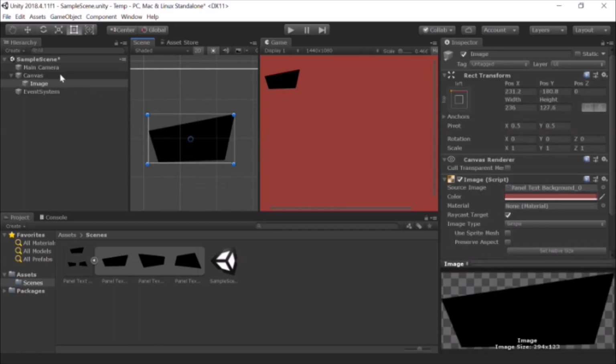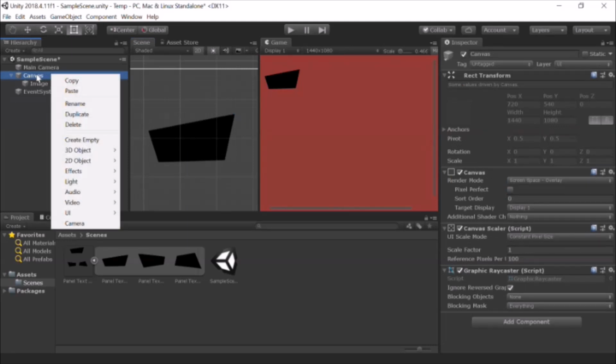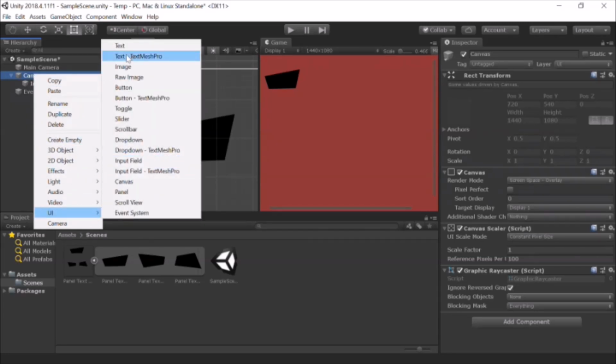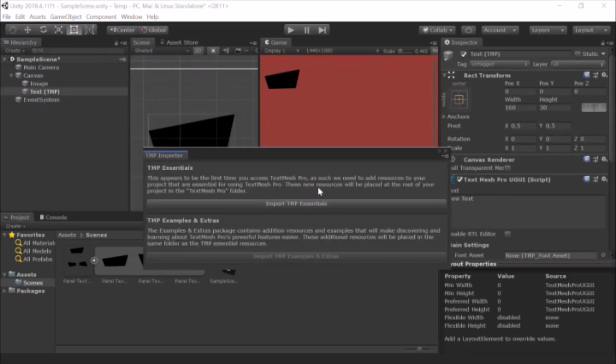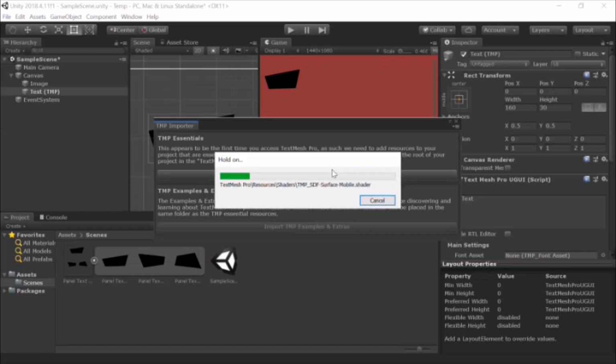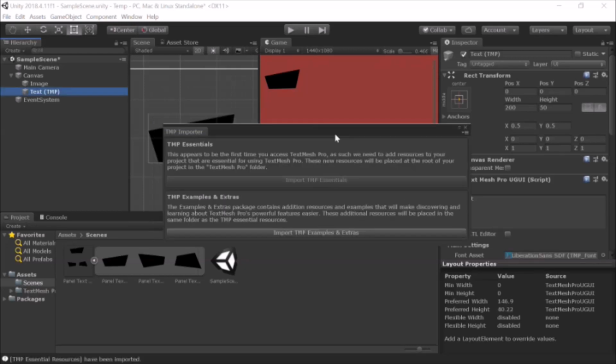Let me show you another UI element which will come very much in handy. Hit this Text Mesh Pro. It will ask you to import the TMP essentials. Just hit OK, wait for it.